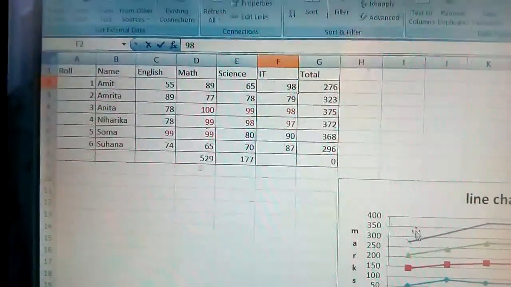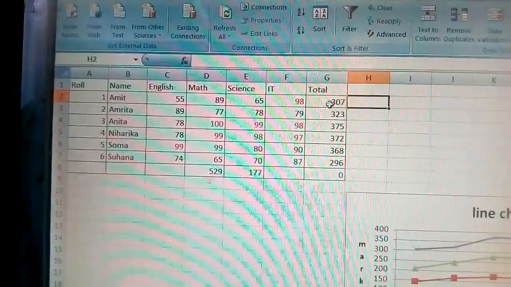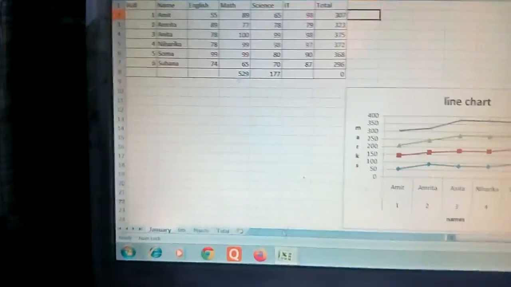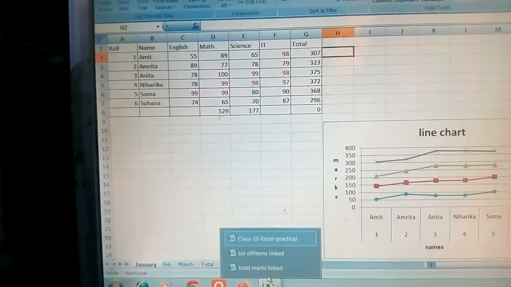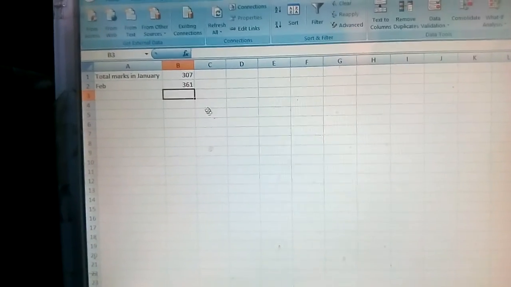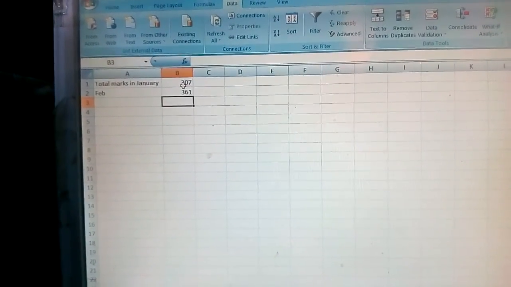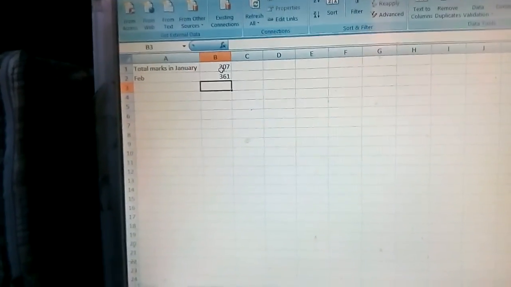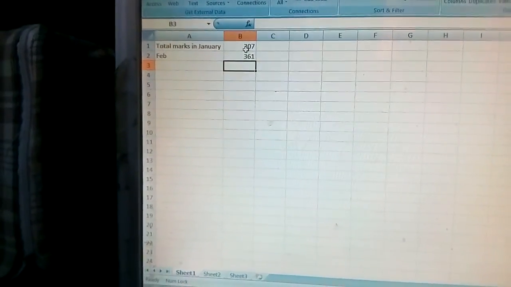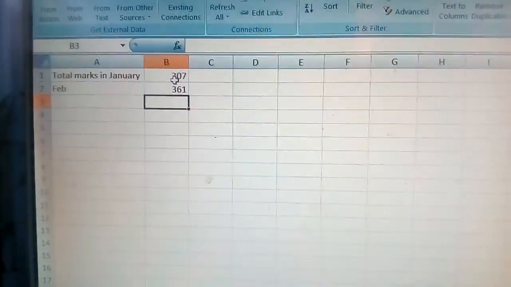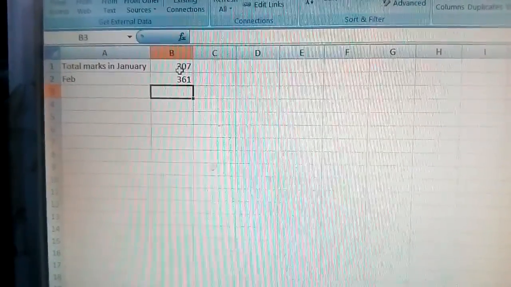Okay, so automatically you can see here 307. So this 307, now if you go to the next workbook, that is total marks linked, here you can see it is automatically updated. So if any student's mark is changed in the first workbook, then it will affect here also. So this is linking multiple workbooks, you can link in this way.